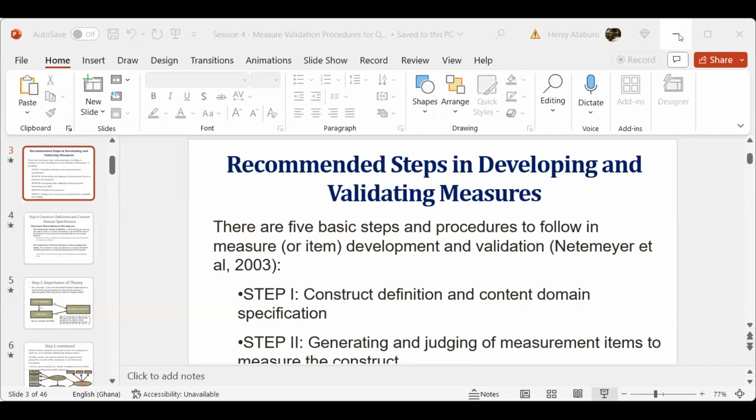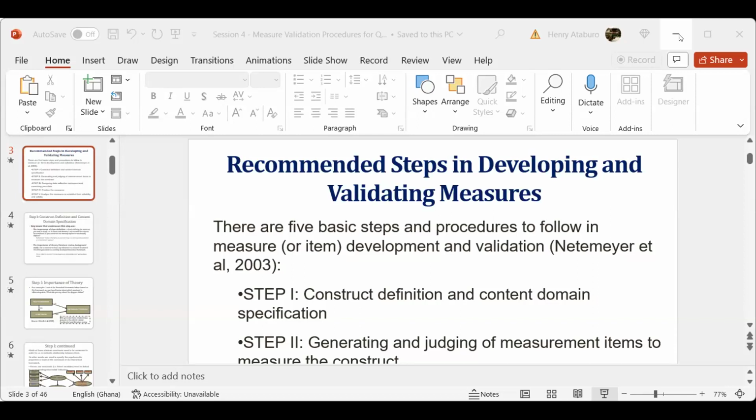So we do the same thing in research, and we mentioned that is the advantage of quantitative research because at the end of the day, there are available statistical tools that allow you to evaluate the reliability and the validity of the instrument, as compared to qualitative study where there aren't available techniques for checking or evaluating the reliability and